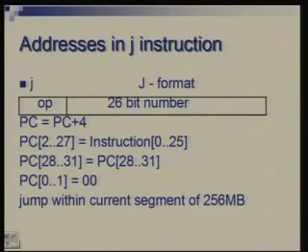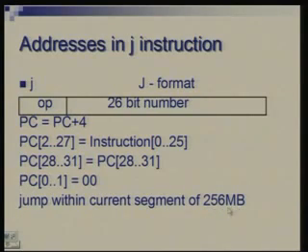Using the J instruction, you cannot jump anywhere in the memory space. You can specify a range which is defined by 26 bits, and this 26 bit number is taken as a word address. So, effectively in terms of bytes it is 28 bits. So, your range of jump is within the current segment of size given by 2 raised to power 28 or